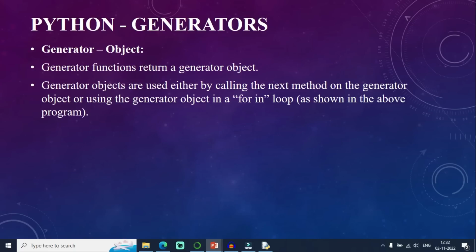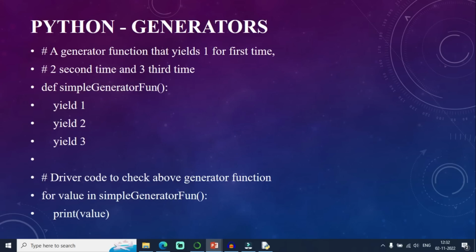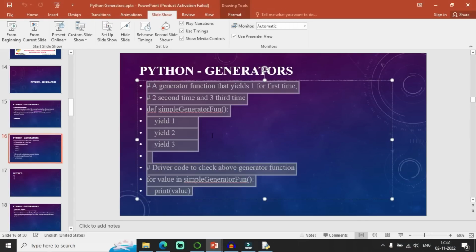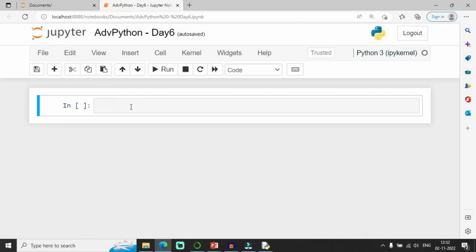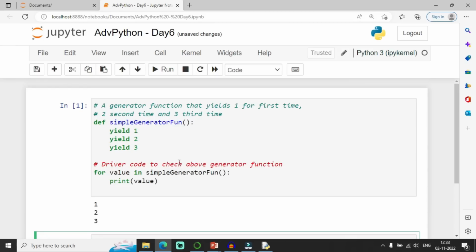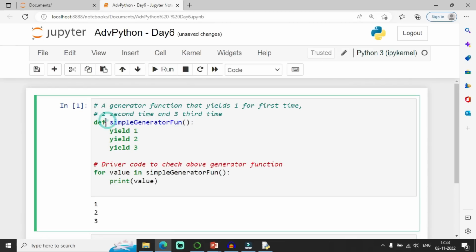Clear with this? What is the use of generators? Let me show you a simple example of generators in Python. I am defining a user defined function called simple_generator_fun, colon.